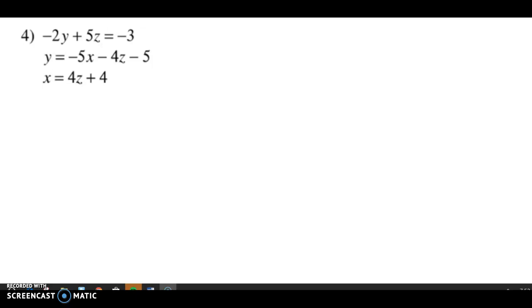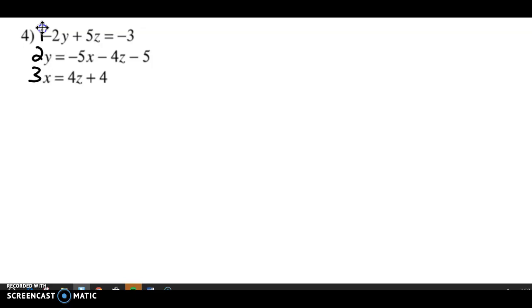Hello, today we are going to be looking at a system of equations in 3 variables, and we are going to be using substitution. First thing I'm going to do is name my 3 equations. The next thing I'm going to do is look for a way to get it down to where I have just 2 equations with 2 variables, or some way I can get down to 1 equation with 1 variable. If I look at equation 3, it's already solved for x,